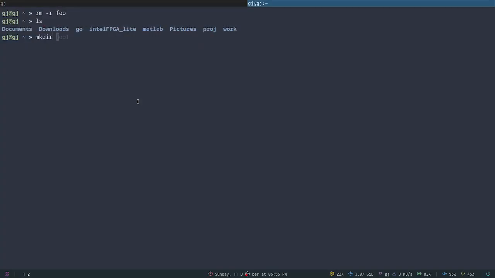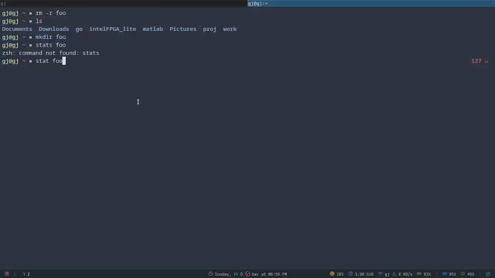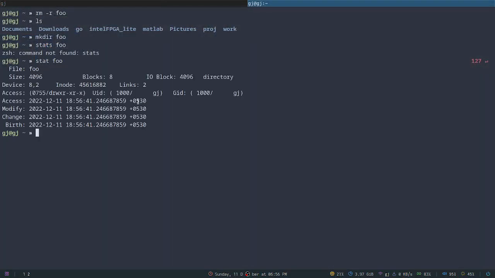Let us make that directory foo again, and suppose we want to know some stats about foo. Okay, it is stat, not stats. It tells me what the block size is, what the inode number is, how many links there are. At least 2 links will be there, because there is one link from foo to the parent and then another link